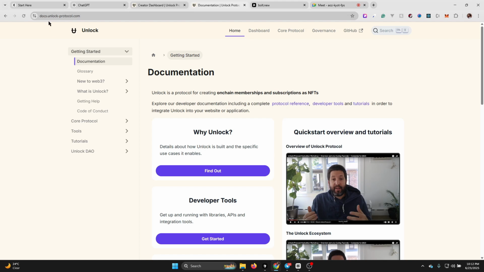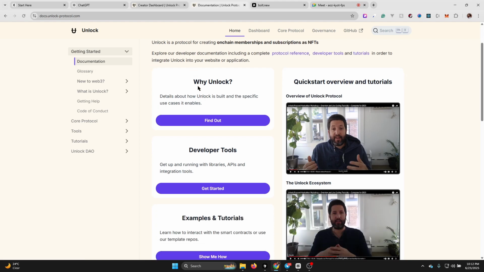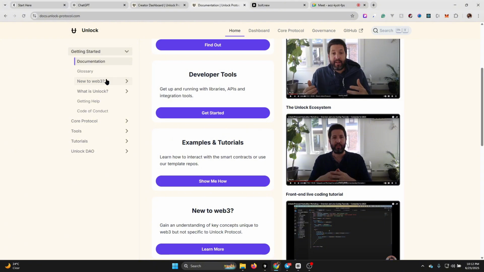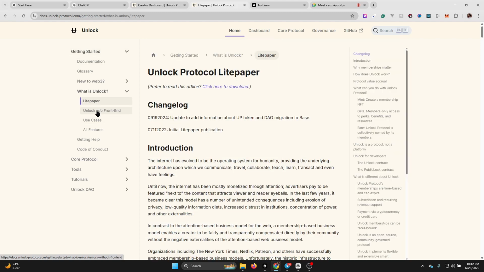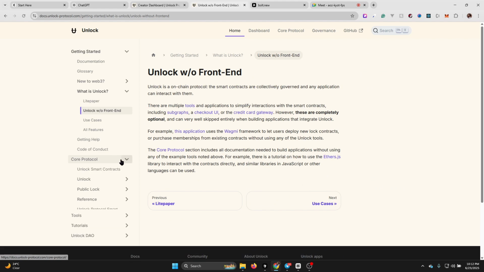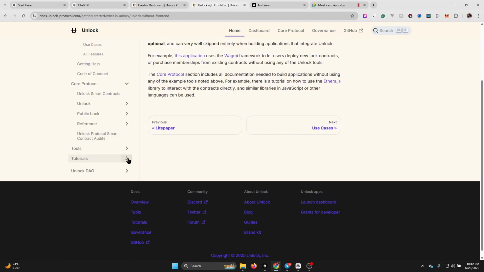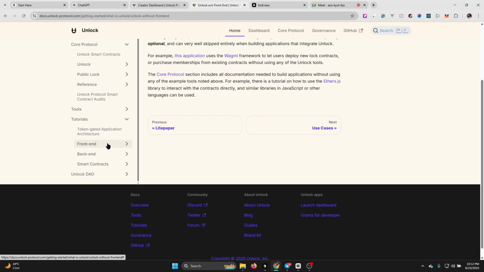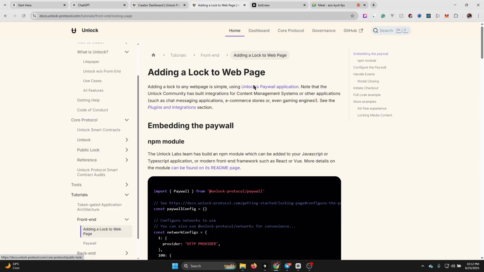It's pretty much docs.unlock-protocol.com, and you can head over to the documentation and take a look to find out more about what the protocol has to offer. There's the lightpaper and information about implementations, code, sample code and tutorials, like over here, front end and stuff like that. So with that walkthrough,